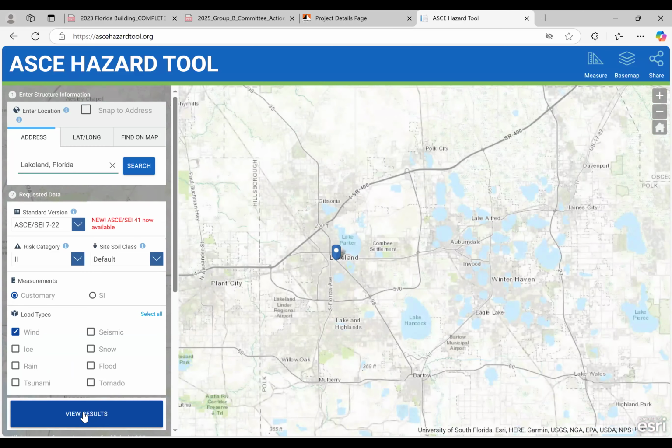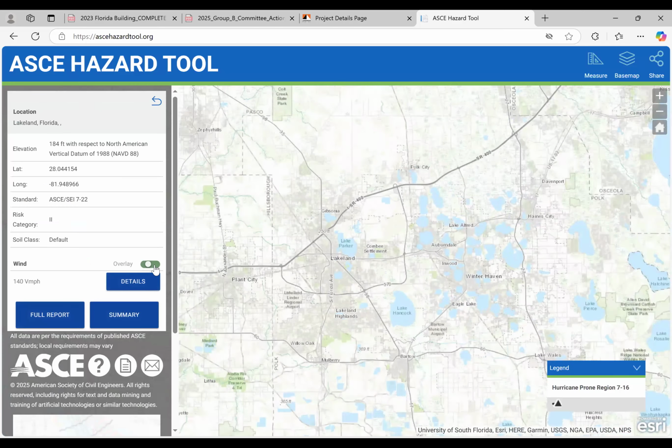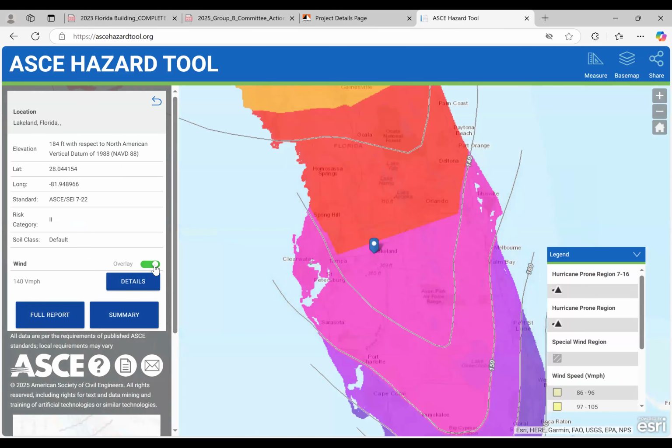And then we click view results. Yes, Lakeland is one of them. So the hazard tool, and this has been brought up by a number of other people a couple of years ago, but ASCE hasn't fixed it yet. Lakeland clearly is less than 140 miles per hour, but the hazard tool is telling you the wind speed is 140 miles per hour, and it makes it even more problematic because the 140 mile per hour contours are